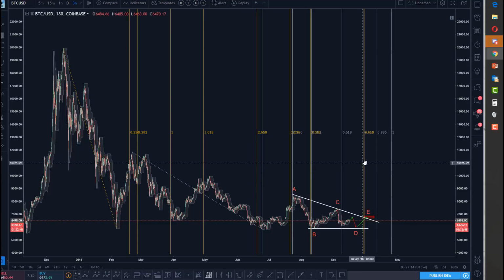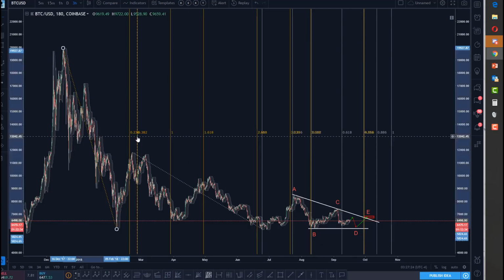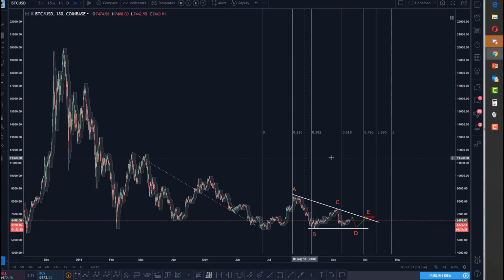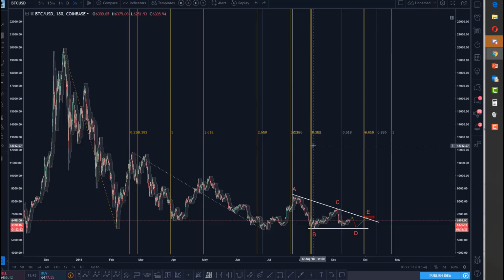The 618, this is the 3618, which has it landing right where this triangle is, which is confluent with a 786. You can't see it because they're on top of each other. But let me delete one real quickly and then put it back in so you can see. Focus on this line and this line. See? These two? 382 and 786, and now I add them back. Bam, right on the money. Completely different part of the structure. This is the W as opposed to the X wave here.